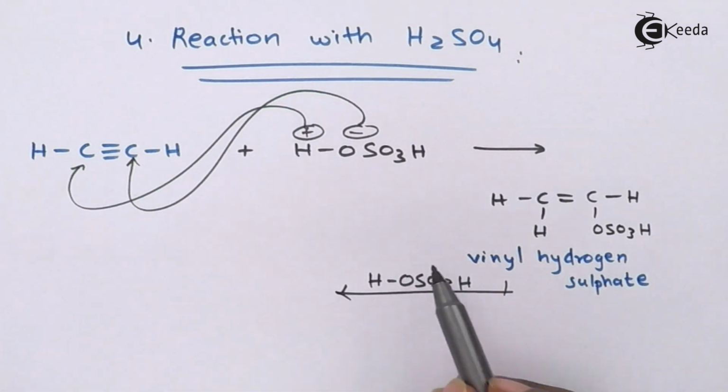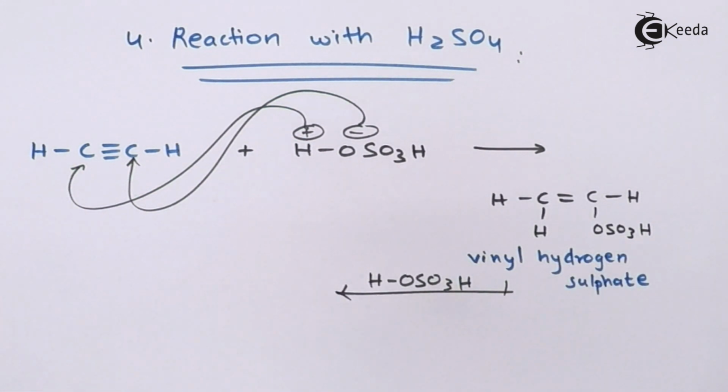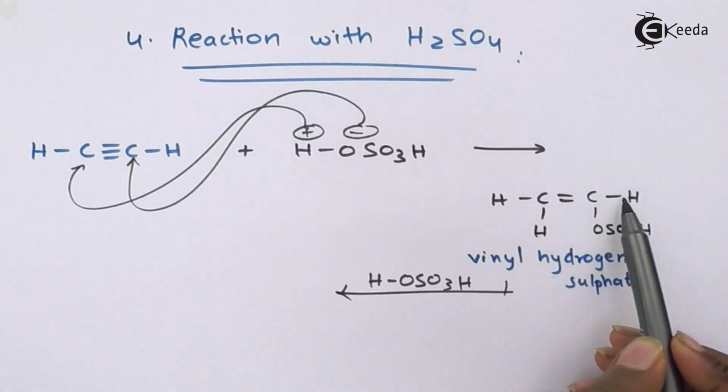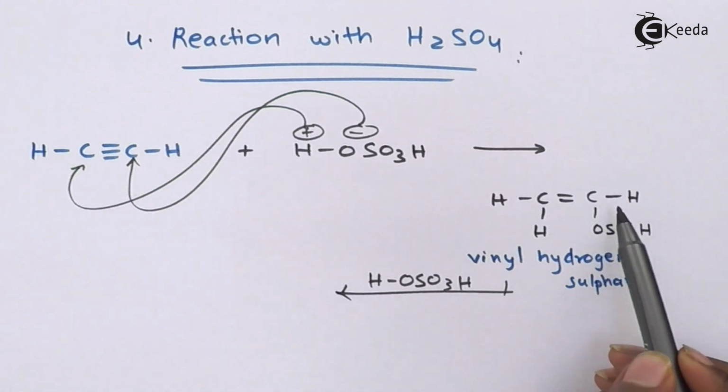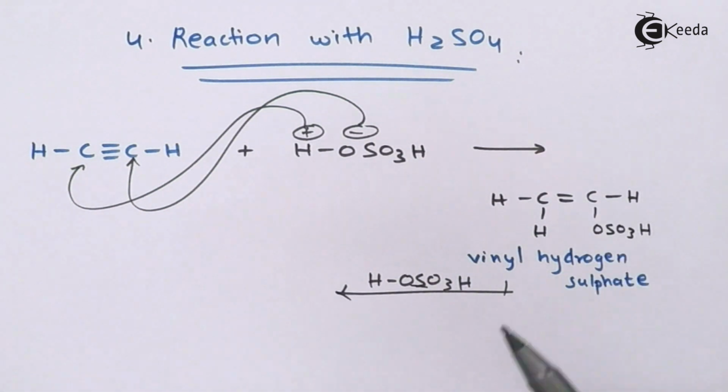Again, the negative part of the reagent will attack that carbon, because this is a double bond that we have got, and it will follow Markovnikov's rule. The negative part of the reagent will attack the carbon of the double bond that has fewer hydrogen atoms. This carbon has 2 hydrogen atoms, while this carbon has only 1 hydrogen atom bonded to it. That is the reason OSO3H will attack this carbon atom, forming the compound,